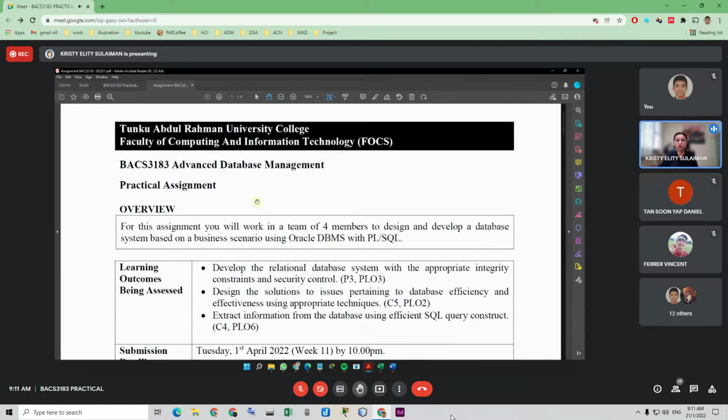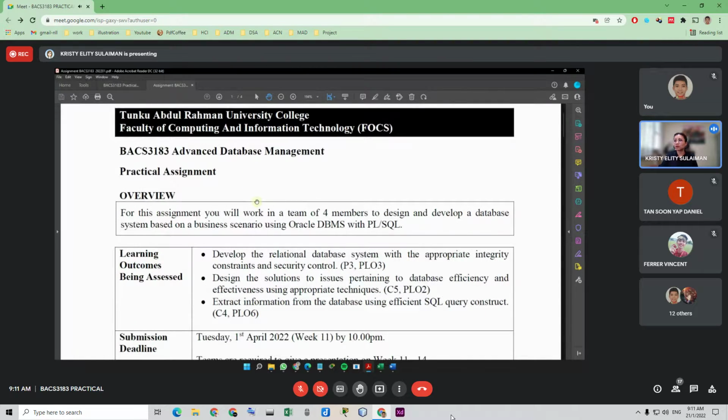For the overview of the assignment, you should be doing this in teams of 4, but because our class size is small, it will be better if only 3 people are in one group. It will also help you communicate better with your members.